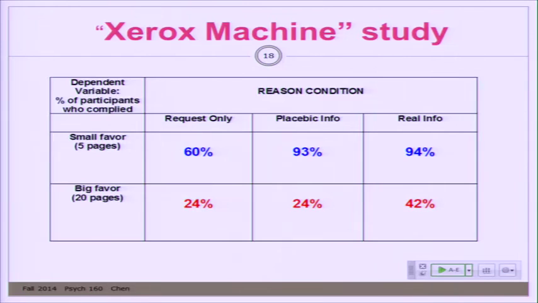The situation fit my script. They're asking a small favor. They gave me a reason or the appearance of a reason. I'm not thinking that closely about it. You comply when this kind of thing happens. Any questions about this? A very early example, a kind of clever, cute way to get at the kind of thinking that does or doesn't go on when we're behaving in actual social interaction with another live, breathing human being.